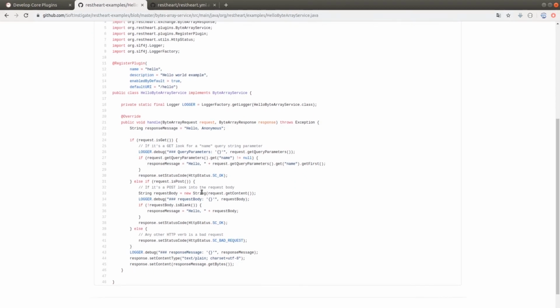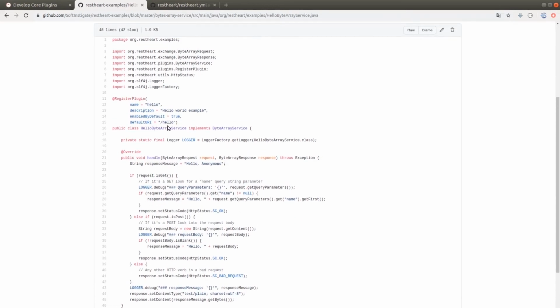This happens because we manage some simple strings. The plugin is annotated with @RegisterPlugin and is given hello as a name. There is the description, it is enabled by default, and the default URI is /hello. So, the service will answer calls on /hello.